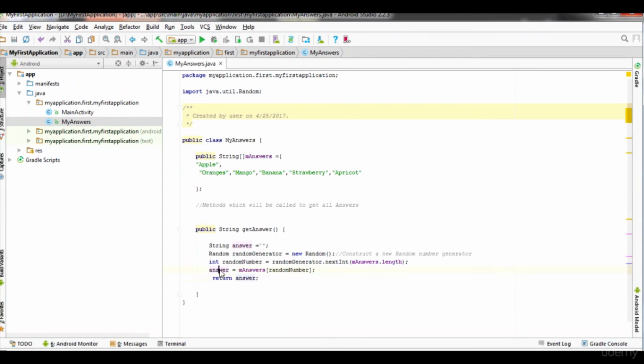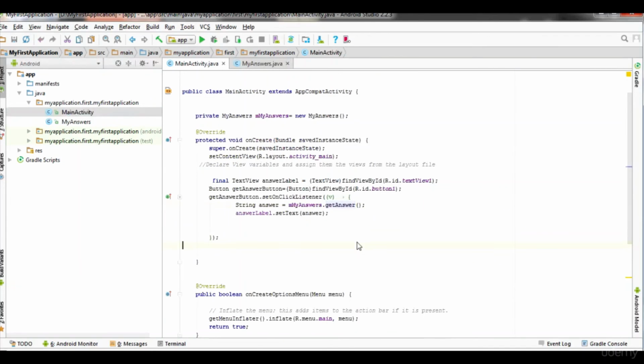What I was telling earlier, why we have defined this get answer, is that we'll call it in our main activity class on click of the button. So I'll just open the main activity class and show you. Here, if you remember, I have called the get answer method, where we will set some text and the answer will be displayed in the layout of the screen. That we will discuss in the next section of our video, where I'll tell you what kind of layout we have created, how we are writing this code, calling this in our activity main.xml file, and how to use these Java files. So here I have told you the main Java files, MainActivity.java and MyAnswers.java.